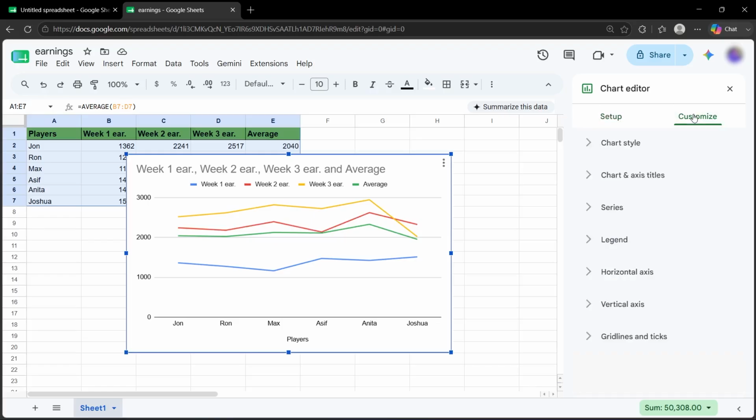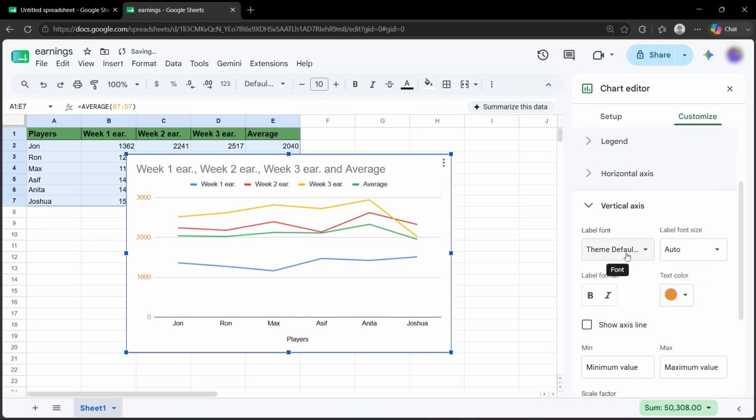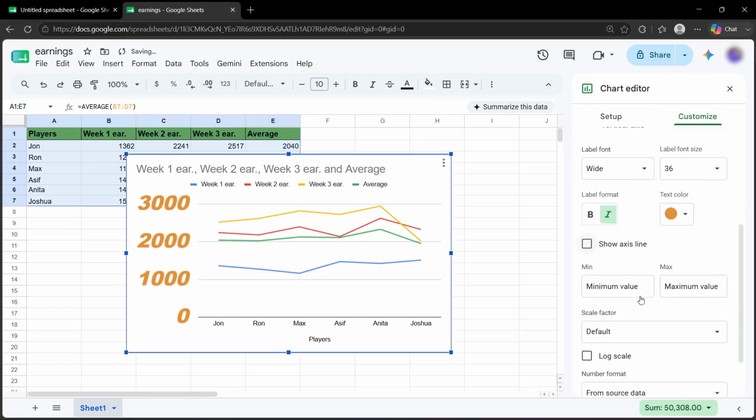Now click on the Customize tab in the same panel and you can give the chart a proper title, change the color and thickness of the line, and turn on data points so each value is clearly marked along the line. You can also adjust the horizontal axis and the vertical axis text color, label font size, the label format, and